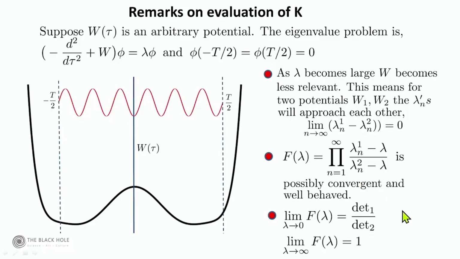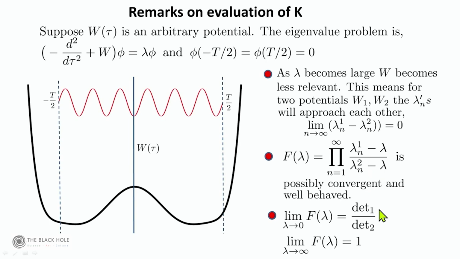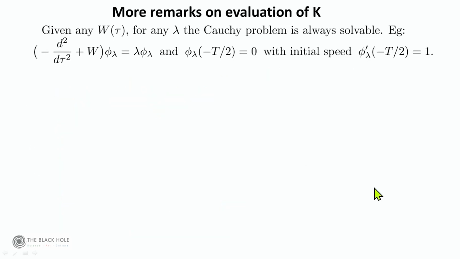Okay. Now, in the limit where lambda goes to 0, so this is 0, this is 0, and you just get the limit of determinant of one over determinant of the other. On the other hand, when lambda goes to infinity, then, well, the numerator and the denominator become the same. So these are interesting limits of f of lambda. Okay, now,